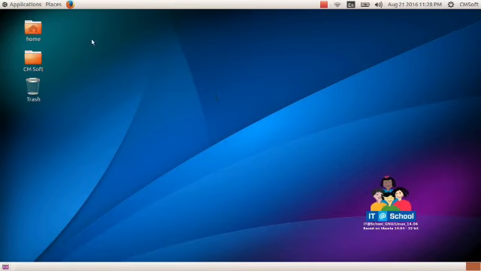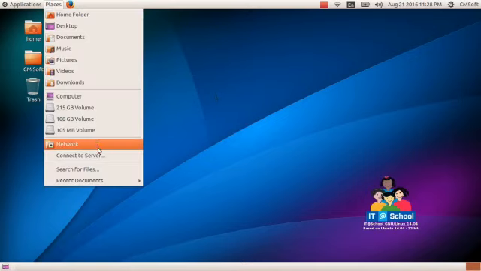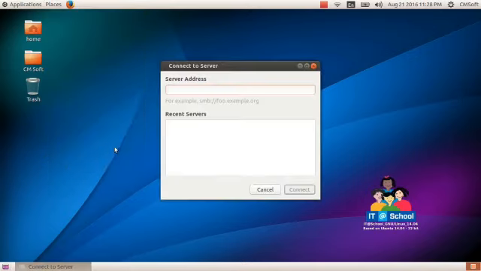So we go to Places, then Connect to Server. There give the server address, the server IP address.